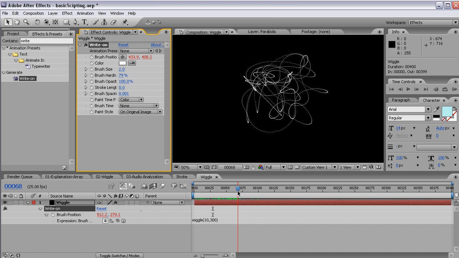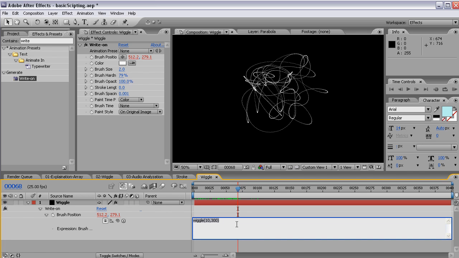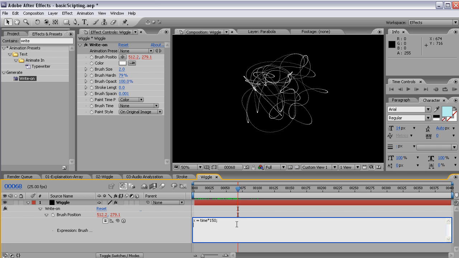It's neat, but it's not what we want. We want to wiggle the X and the Y values separately. And to do that, we have to split the array again. I'll call my first array position X and make it equal time times 150, because 100 is not very fast. And I'll call the Y position again value,